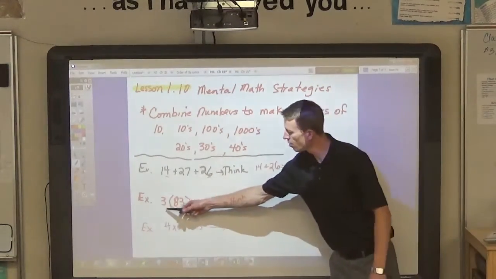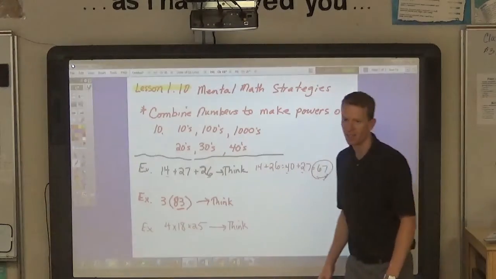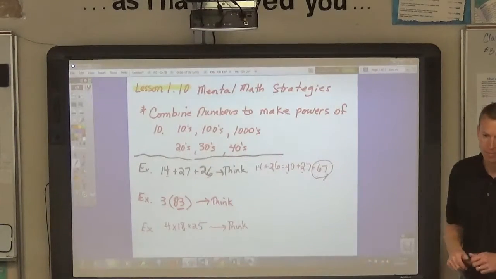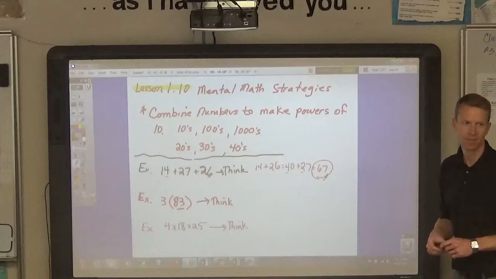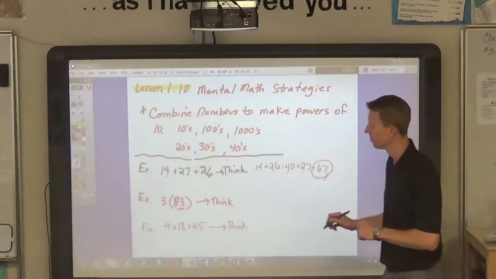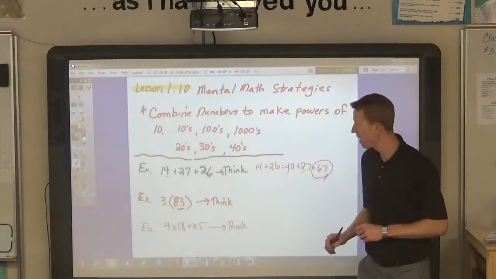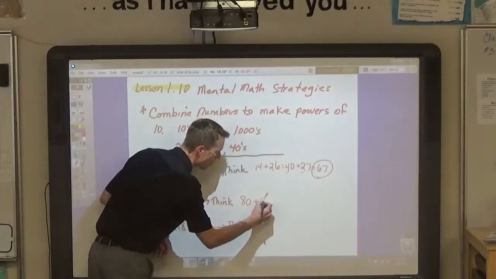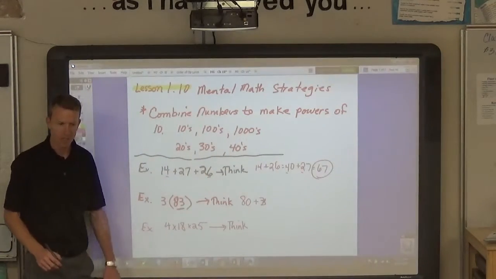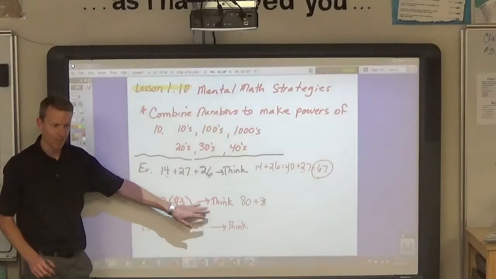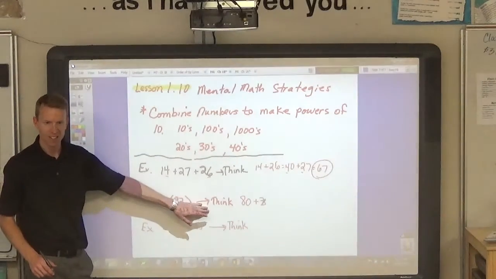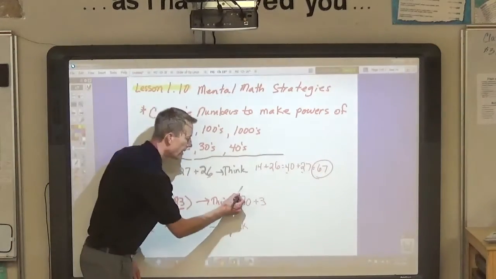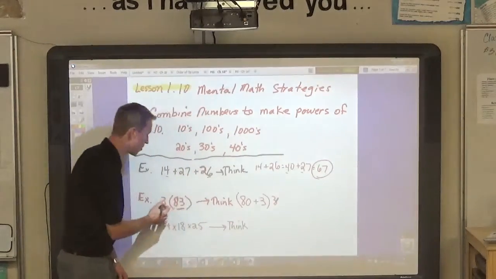We could use the distributive property to find the answer to this one. How could you write 83 in an expanded form? You write 80 plus 3. Right, 80 plus 3. So think 80 plus 3. And you should be writing these down. Oh, wow. That's why I said take out your notes. 80 plus 3. And if you multiply each of those by 3, since it's 3 times 83,